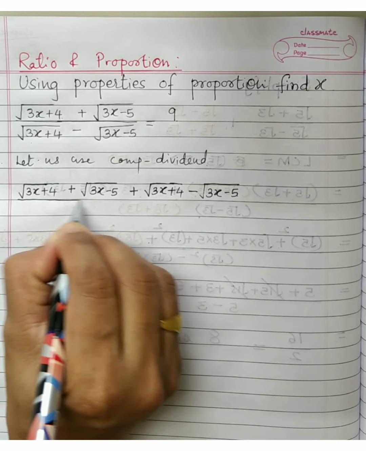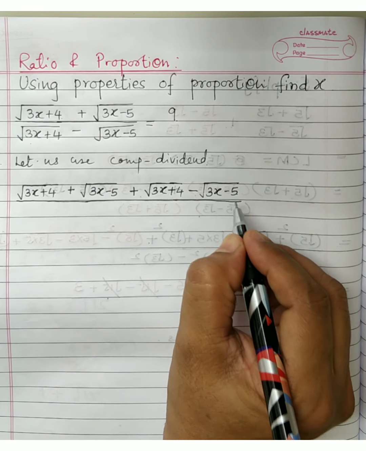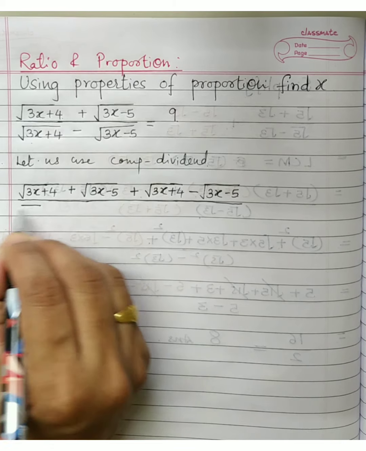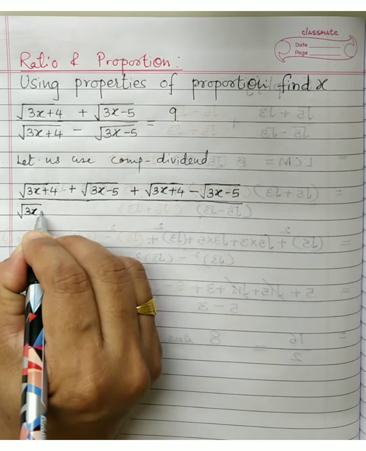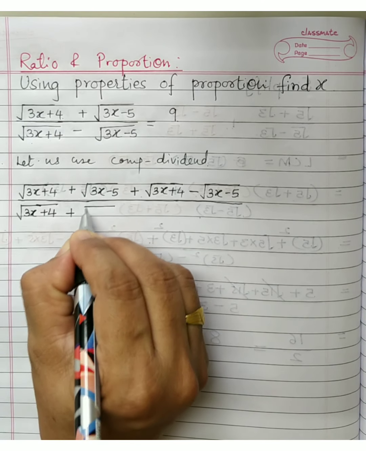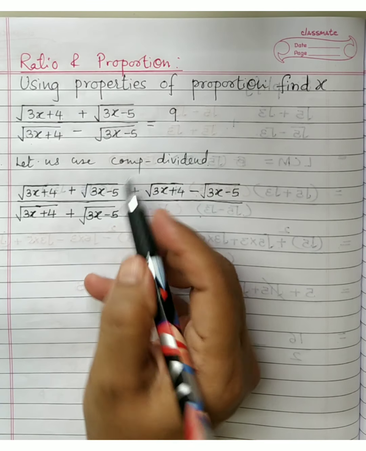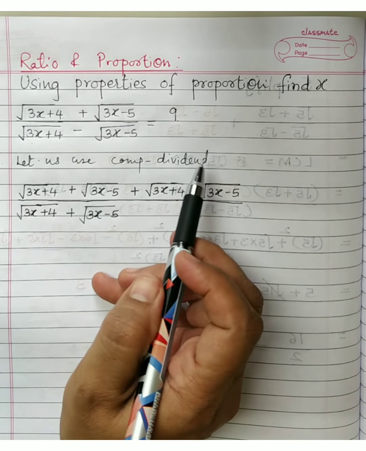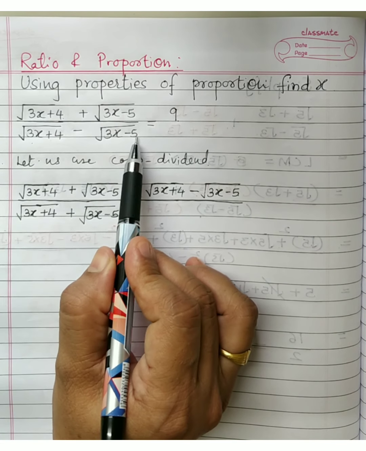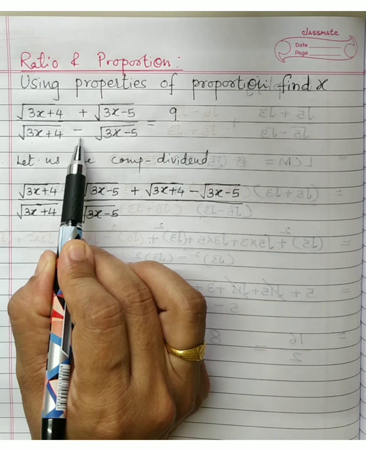Got it? For a upon b, this has come a plus b. What is the denominator? A minus b. So what is the numerator? Write numerator as it is, root 3x plus 4 plus root 3x minus 5. Now you are subtracting, the a minus b, minus denominator. So these are our two terms, right? Now I will show you how to do it directly. So what will happen? The first term will become negative and the second term will become positive.